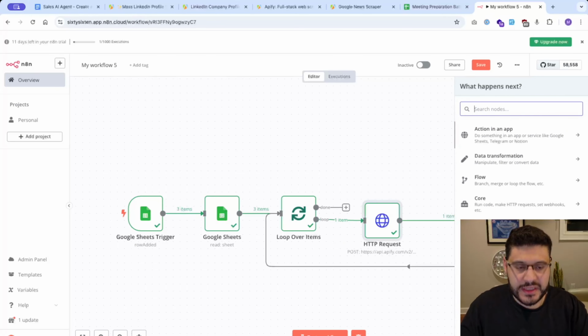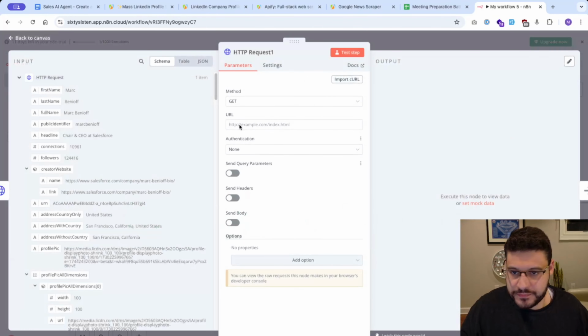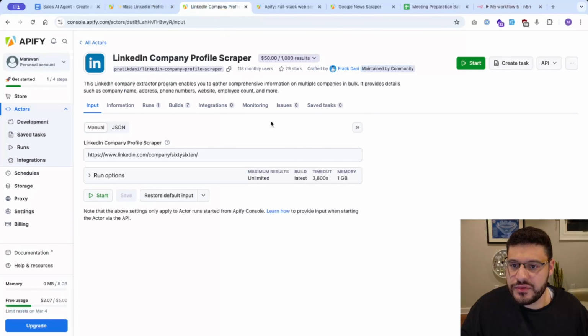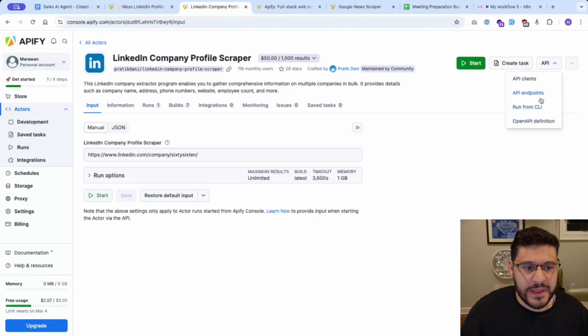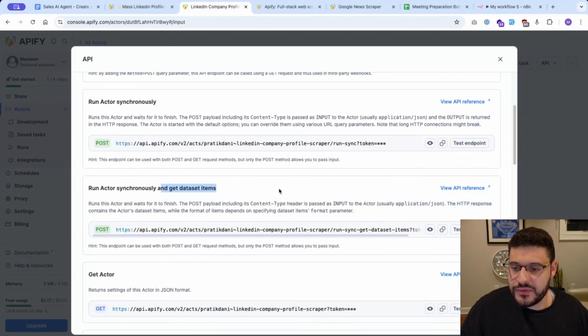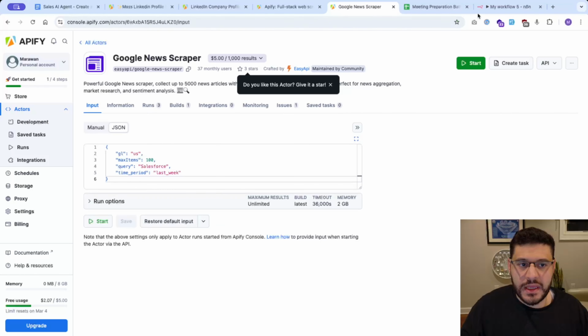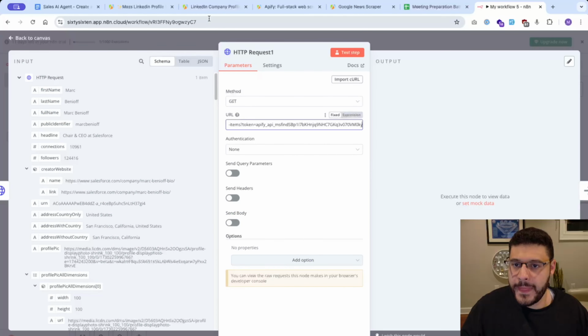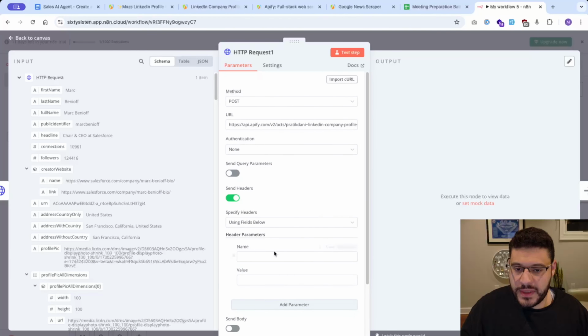So we're going to do another HTTP request here. And this time we're just going to use a different actor, but it's the same concept. I'm going to go back to API endpoints, and I'm going to do run actor synchronously and get the latest dataset. And I'm going to go back here, and I'm just going to double check my method type is POST. And once again, I'm going to put in my headers here, Content-Type,